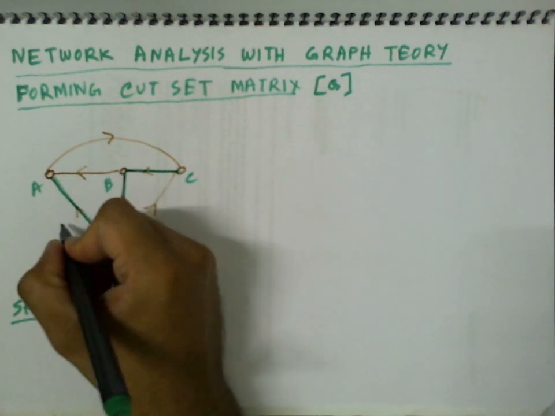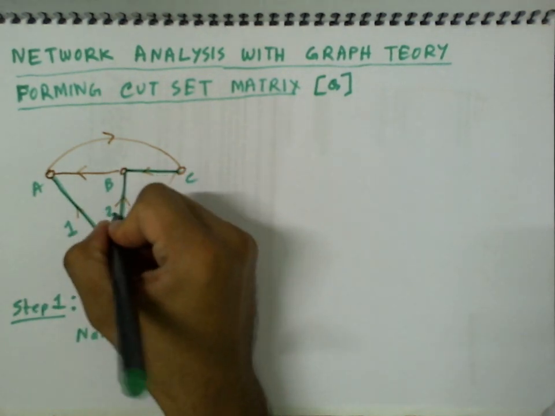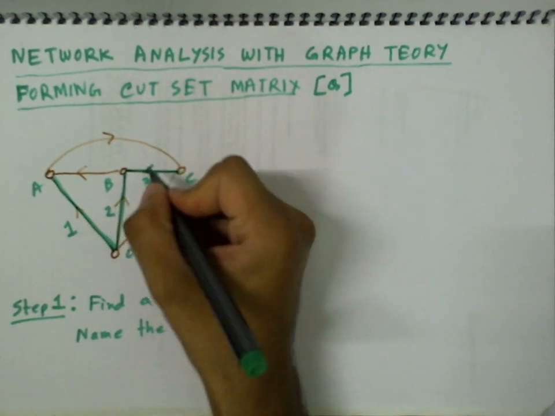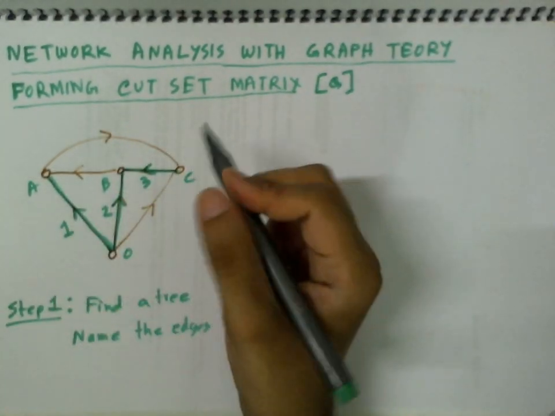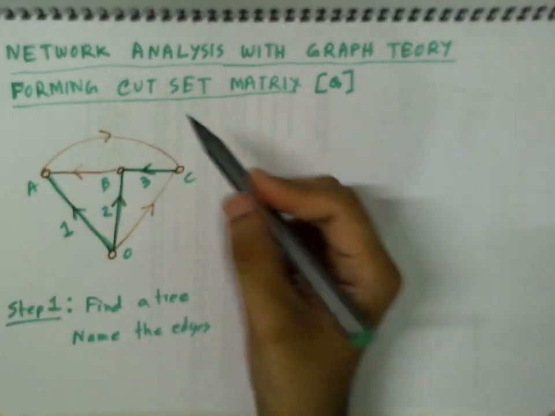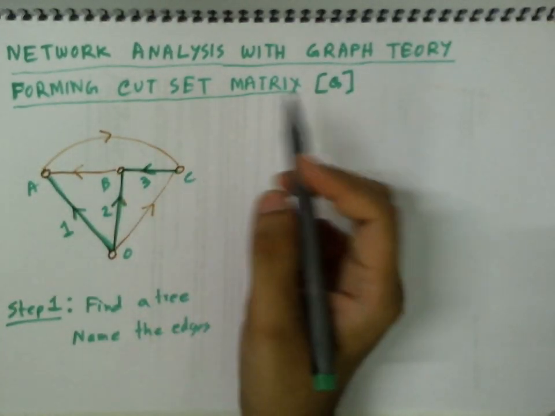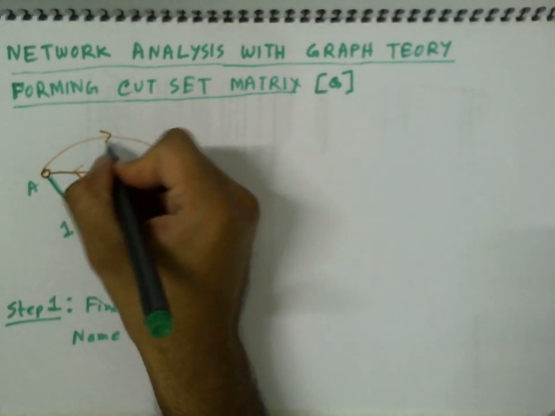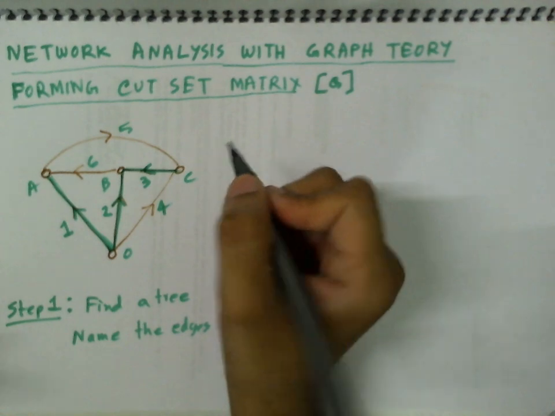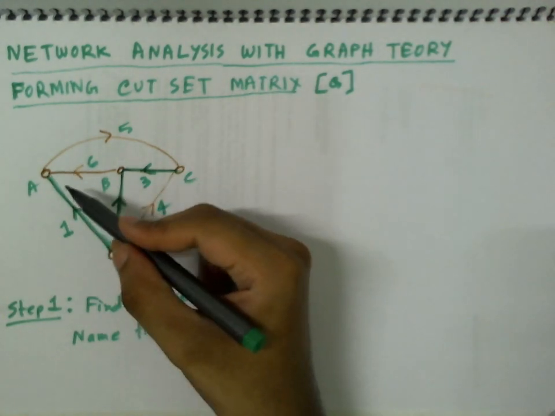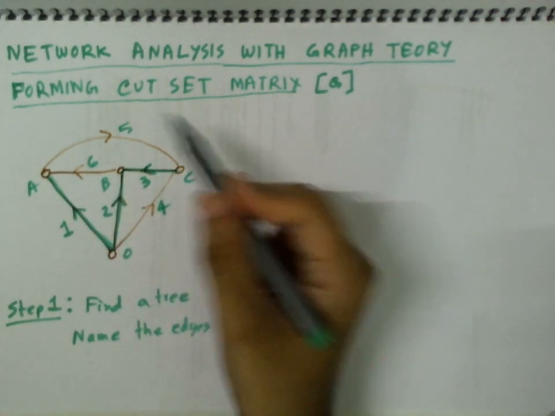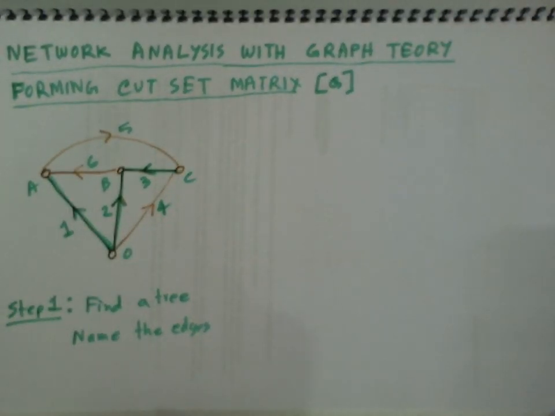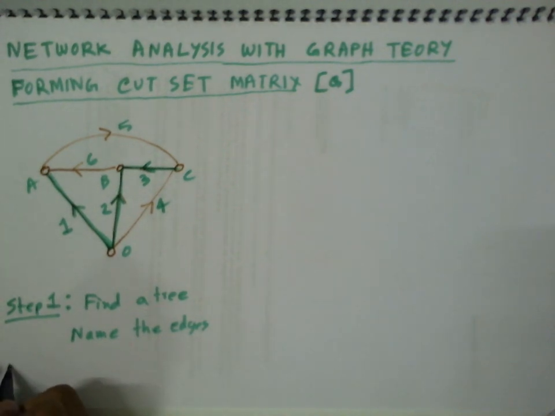So I name them as maybe 1, 2 and 3. First the 3 edges are the twigs, and then the remaining edges are the links. So 1 2 3, it's done. After that, let me name this one as 4, this one as 5, this one as 6. So 3 first, then the remaining ones. So naming is done. Then step 2,